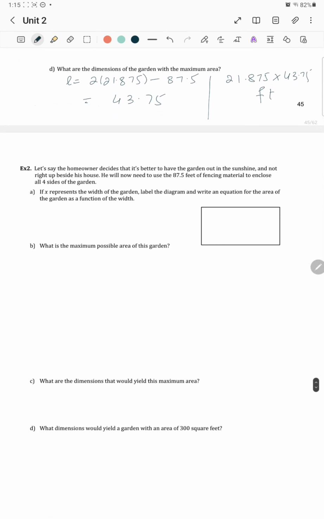Let's say the homeowner decides that it's better to have the garden out in the sunshine and not right up beside the house. He will now need to use 87.5 feet of fencing material to enclose all four sides of the garden. If x represents the width of the garden, label the diagram and write an equation for the area of the garden as a function of the width. So it would be x